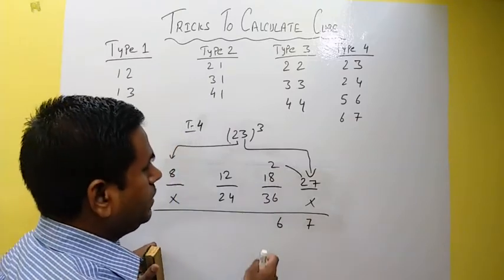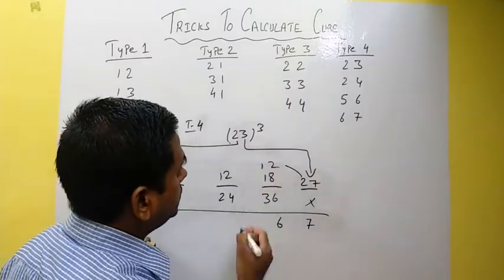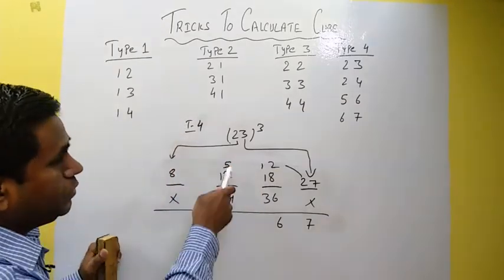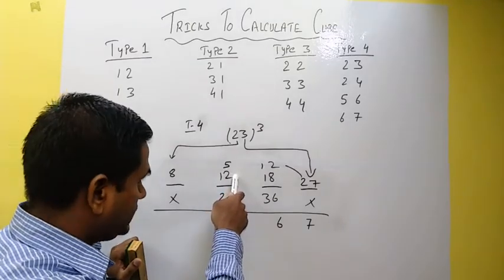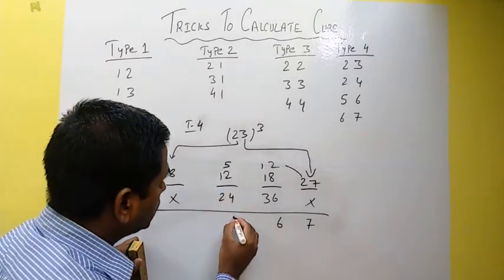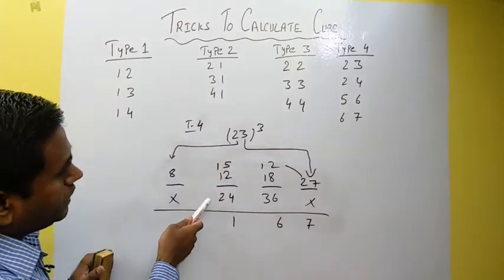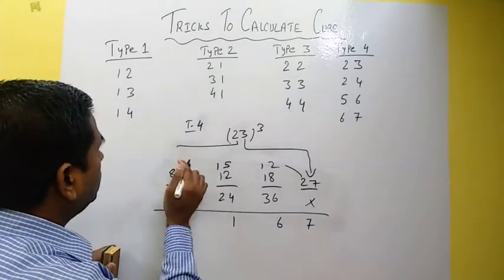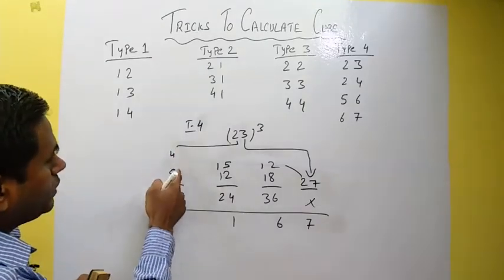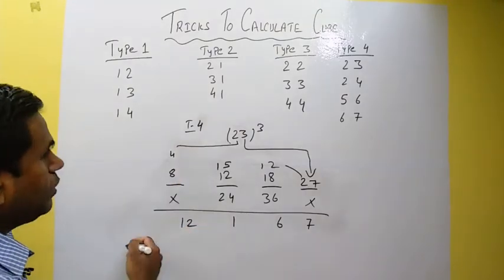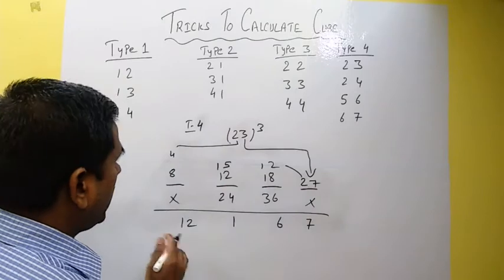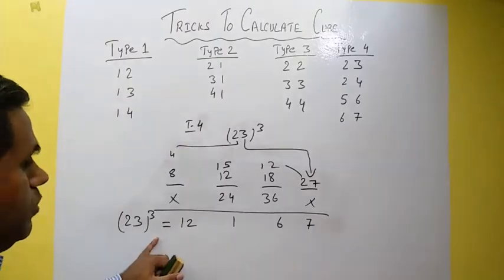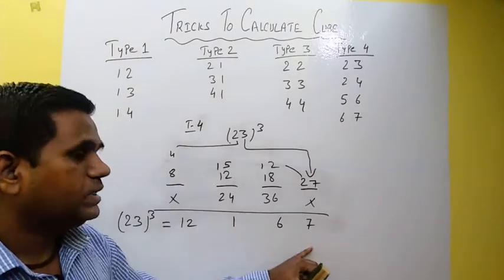So we'll write 6 here. And then 1 will go as a carry forward. So I'll write here 1. And 3, 4, 5. So 5 here as carry forward. Now 5 plus 2 is 7. 7 plus 4 is 11. So 1 and 1 carry forward. Now you can see here 2, 3, 4, right? Upon adding this it comes 4. So 4 will come here as a carry forward. Now 8 plus 4 is 12. Okay. So how quickly you can write this and then add, that much quick you can calculate the cube. So 23 cube we have calculated here, 12167.